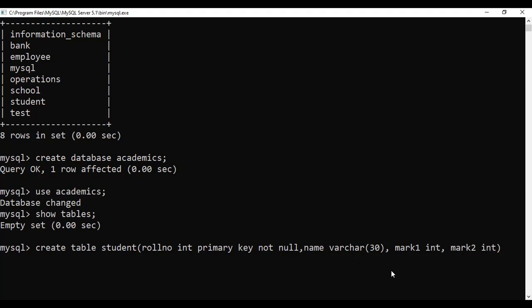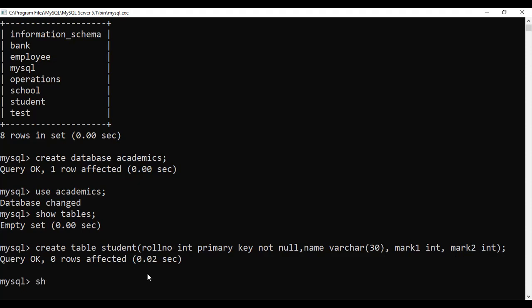Okay, once all the columns are done, you can see all the columns are separated by comma. For one column, you give the column name, its data type, and any constraint, after that put a comma. After that, go with the second column in the same way, the data type and the constraint if needed will be entered. After that, you will be adding the third column and its data type, and then the fourth column and its data type. Constraints are not necessary, only if needed, but the data type you have to give for each column. Once all the columns are done, you have to put a semicolon, that is a must, then it is created.